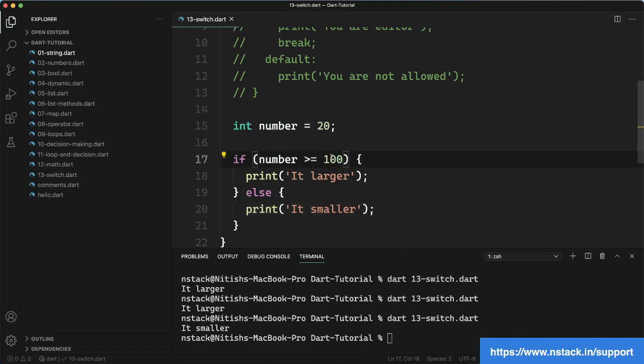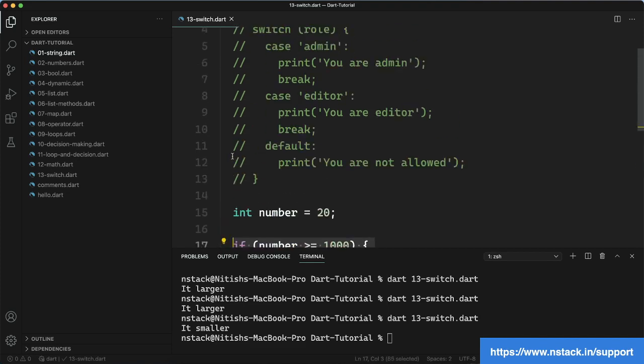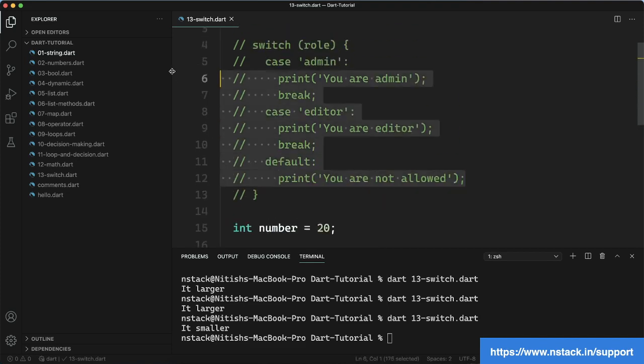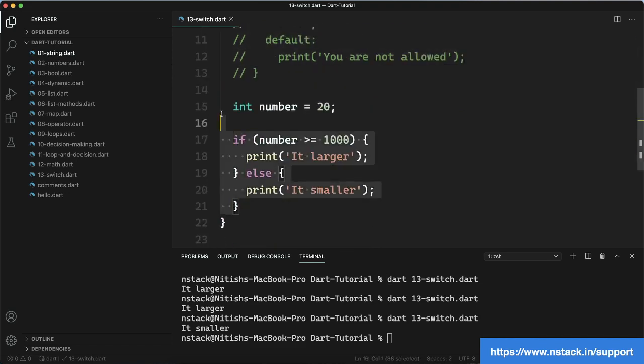Suppose someone did something similar to this and wrote 1000 for the larger. Now you need to write at least 1001 cases in order to convert this into switch. Think that you are going to write 1001 cases in order to convert this program into the switch, which we are not going to do, or which probably no good developer will do. Somehow we can convert that, but it's kind of impossible. As this number keeps growing, it becomes impossible to write. I hope you got the point.